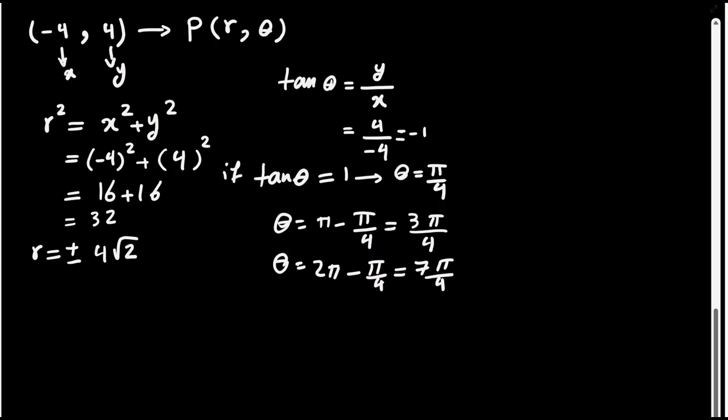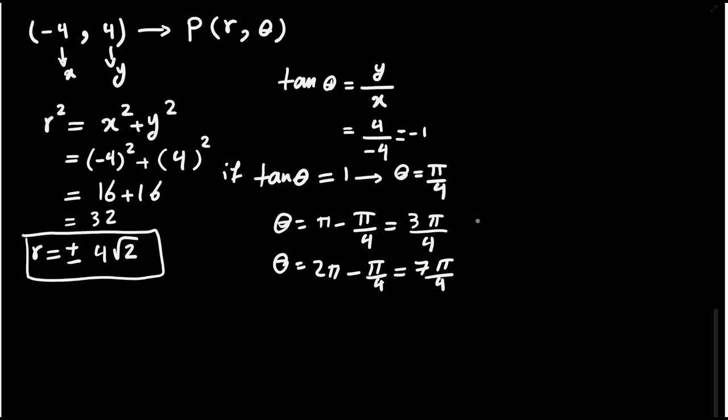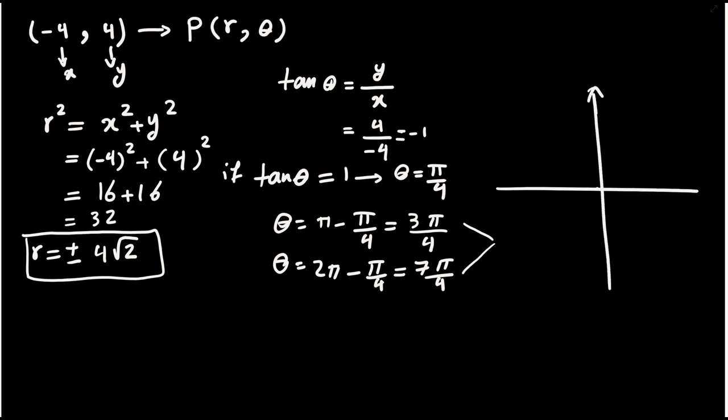Now you see that there are two r values and two different theta. Because the point is in the second quadrant, 3 pi/4 is this angle and it's in the second quadrant. So I can write it as 4 square root of 2 and angle 3 pi/4,